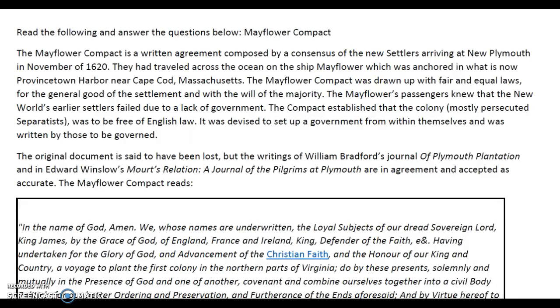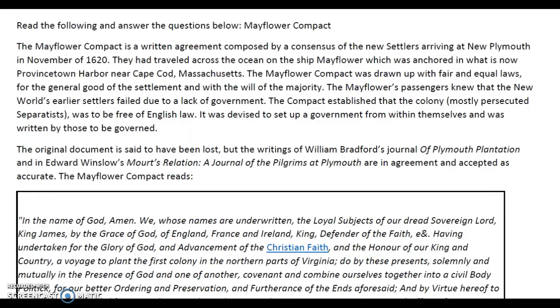The original document is said to have been lost, but the writings of William Bradford's Journal of Plymouth Plantation and in Edward Winslow and Mourt's Relation, a journal of the Pilgrims at Plymouth, are in agreement and accepted as accurate. The Mayflower Compact reads,